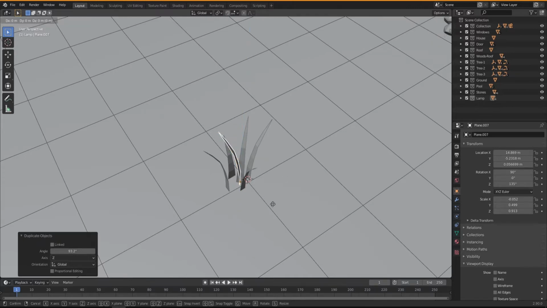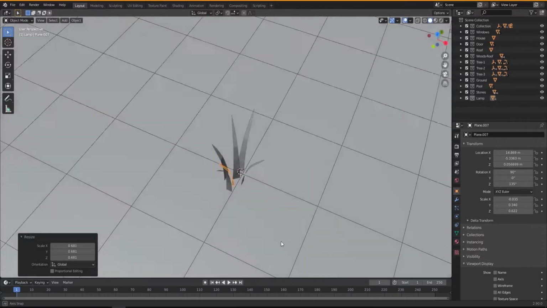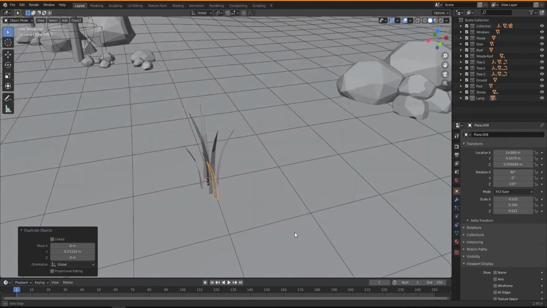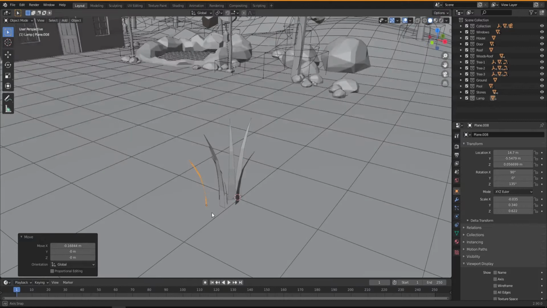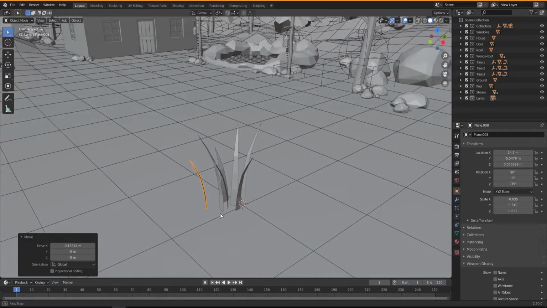Then G Y, move it this way and scale it down with S, like this, should be fine. And then duplicate that one, Shift D Y, move it out like this, and then G X, move it to the side. And I'm gonna put some little more around as well, so I'm gonna rotate this one a little bit, R